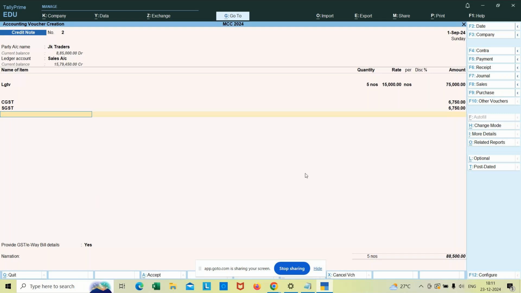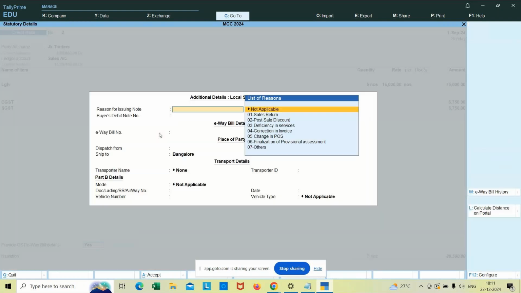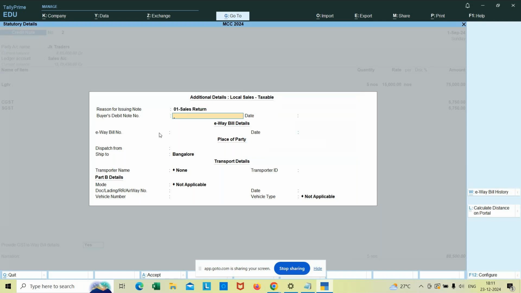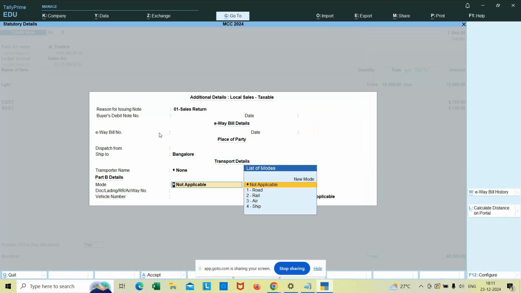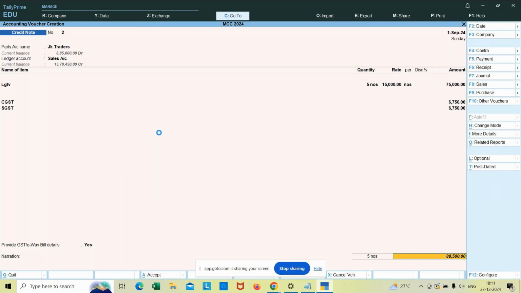If you are done with item allocation and CGST, SGST, the next is e-way bill. In these e-way bill details, we have to mention the reason the customer is rejecting the goods. You can see I'll just take the first option, sales return. You can take any one of the options, correction in invoices, change in POS, whatever it is, and dispatch from. So these are the e-way bill details we have to give. After this,